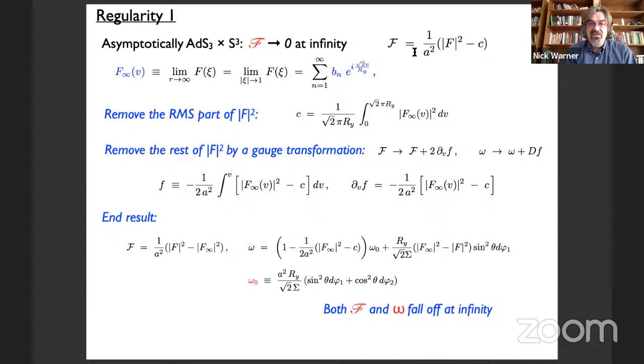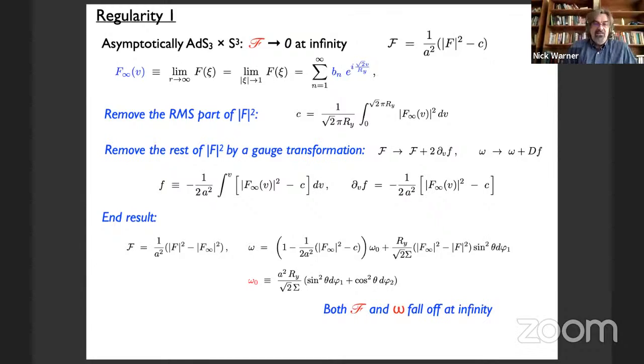And what I'm saying here is, if you want the good asymptotics at infinity, you want 2 du dv and nothing else at infinity, then you've got to make this 0. And to make this 0, you have to remove all this oscillatory stuff and the constant stuff. And so that fixes the constant C, and it also fixes the gauge,